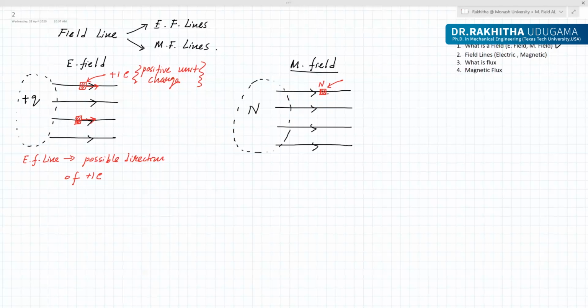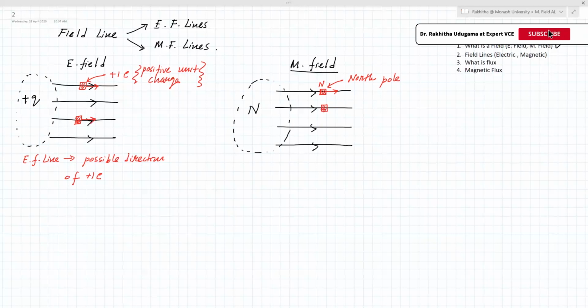So if you put a north pole, you will see there you have north and north, so definitely there will be a repelling force. So this repels that way. Okay. So you put a north pole here. So that repels that way. If you put another one here, see, that repels that way. So now you understand. Look at the pictures. The picture will tell you the story, right?